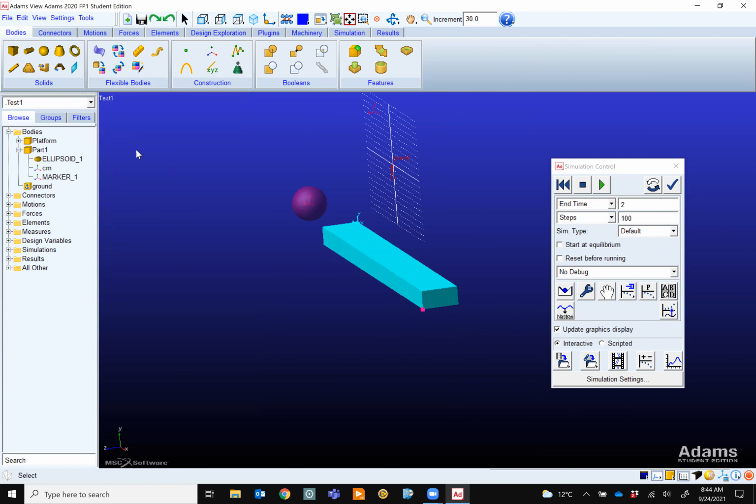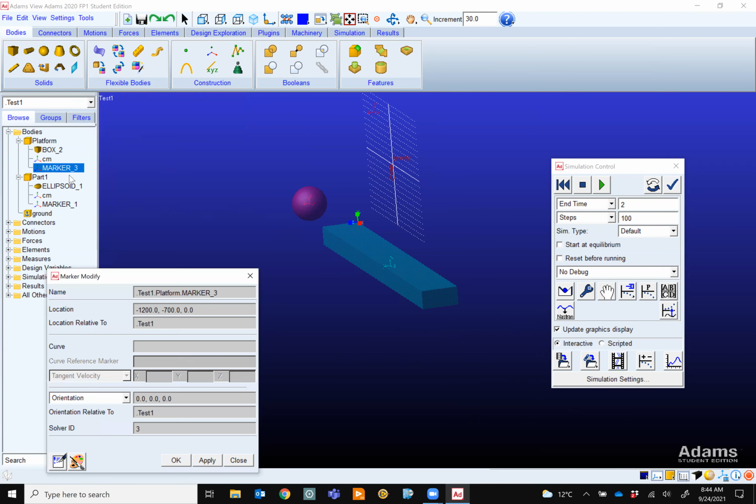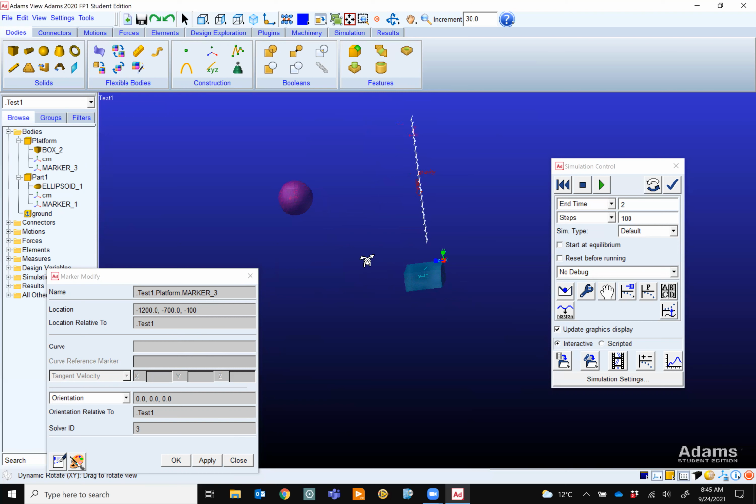Okay. So this platform, again, if I open this platform, it has a center of mass. You don't touch that center of mass. It has marker 3. If I change that marker 3, which is at the corner, I can move these things. Let's modify it. And let's say I want it to be maybe a little bit outside, but I just want to show you. Let's say -100. Apply. It moves -100 there, right? See, it is -100 there.